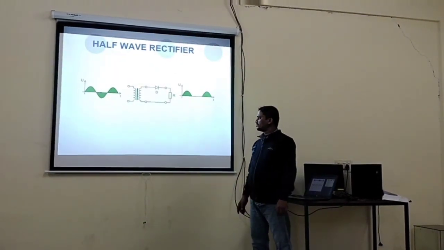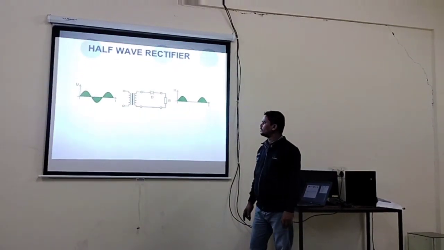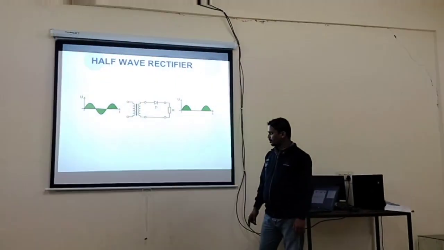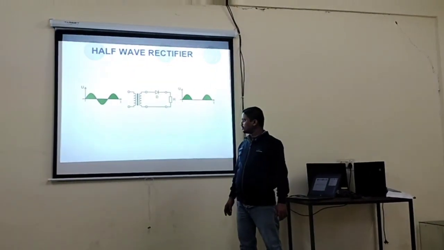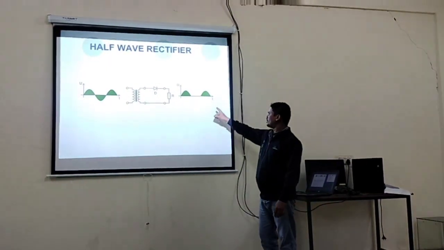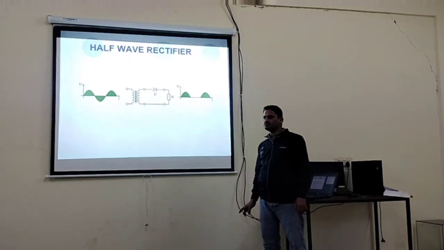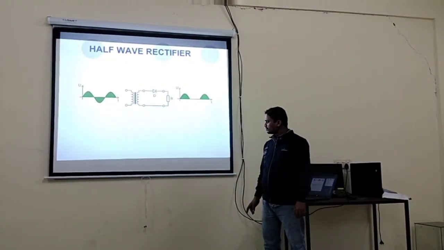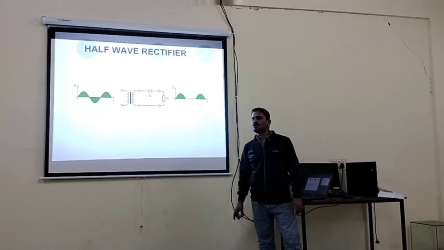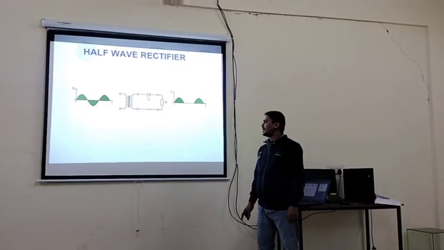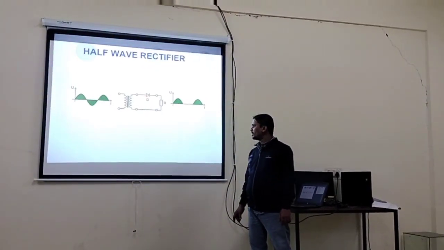Same as the full cycle given across the circuit, the next half cycle is given to the circuit. That means after the complete cycle, the next positive half cycle is given to the circuit. As shown in the figure, a continuous cycle is formed. One full positive half cycle is passed and the negative half cycle is flipped up. According to the input waveform, the same waveform is formed at the output. One positive half cycle, and the negative half cycle is flipped up, and the same cycle is continuously formed as the input, as the output is formed.